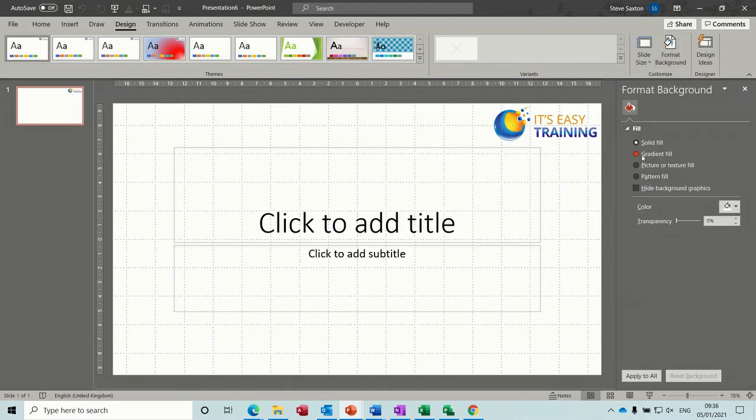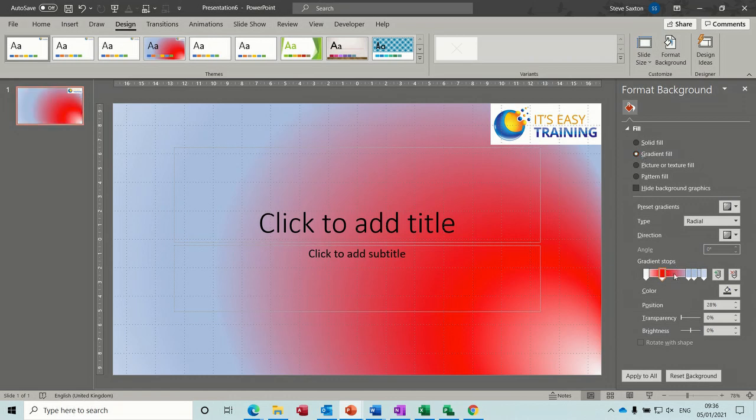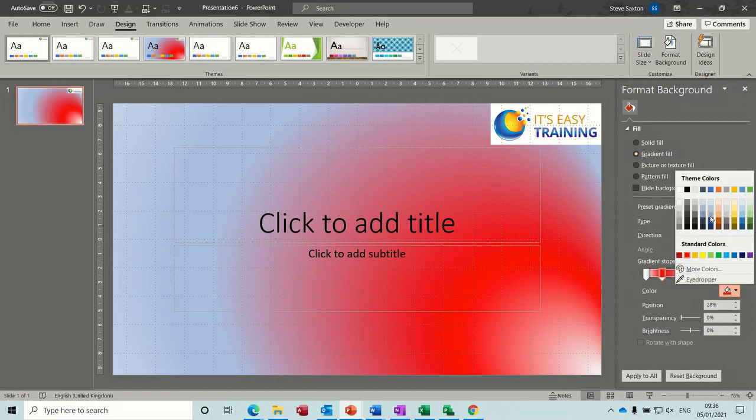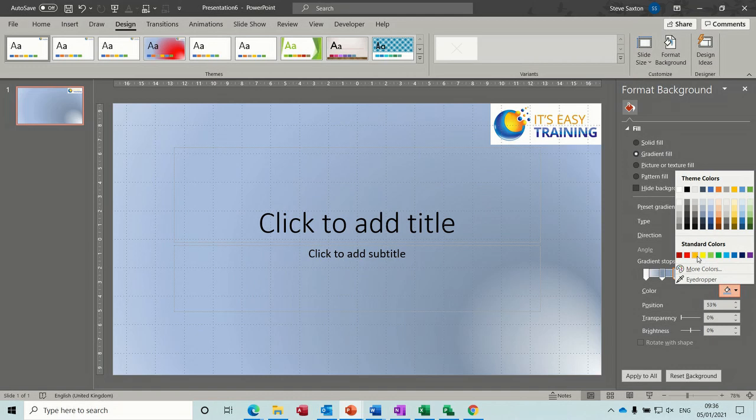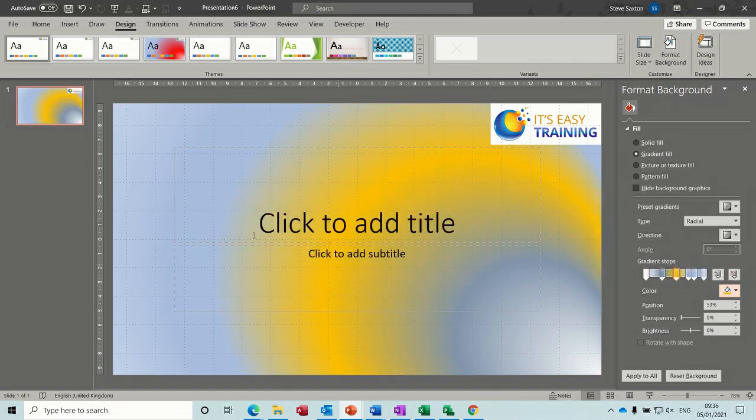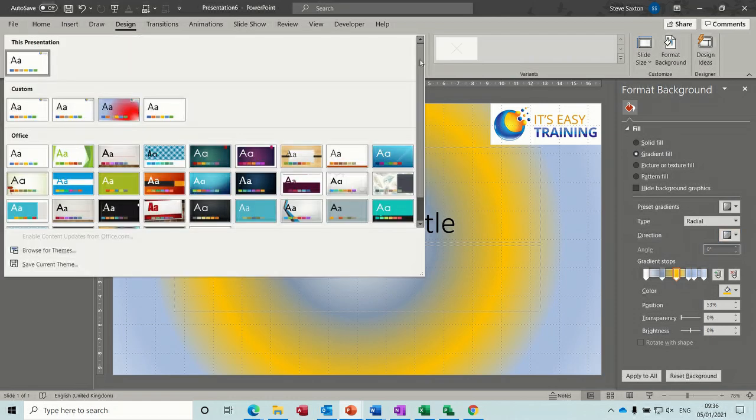So format background, I'll do another gradient and pick some different colors so you can see this one, and I'll have a darker blue. I'll bring that one across, put yellow on there or mustard or something so it stands out. So that's quite distinctive, and I've got these set to radial. That's okay, and direction, I'll have it from the middle so it looks like a bullseye. So that's all I want, and then what you now do is drop this little arrow down